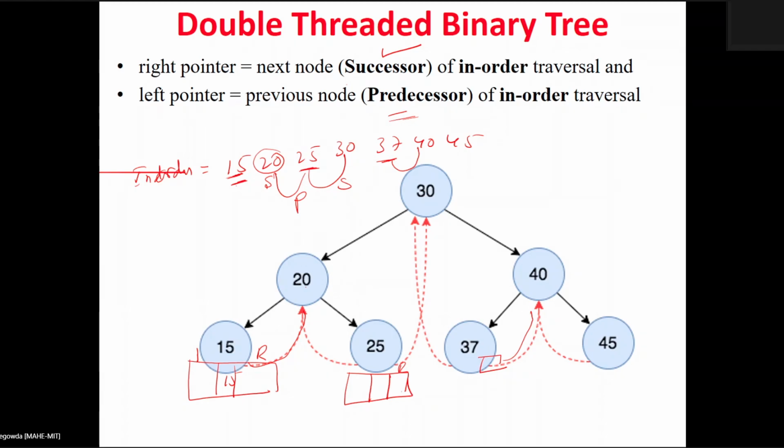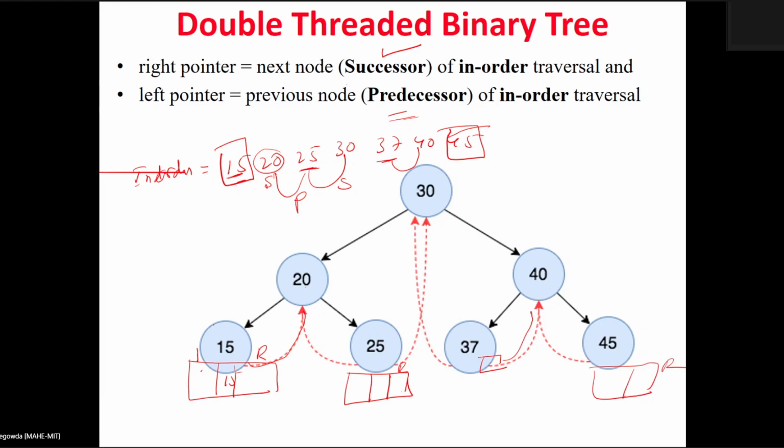If you look at this figure, we know that it is not an example of a two-way threaded binary tree. If you notice, no left thread is possible for the first node, and no right thread is possible for the last node. Which are the first node and the last node here? 15 is the first, leftmost node and 45 is the last node. In case of 15, the left link is empty, whereas in case of 45, the right link is empty.